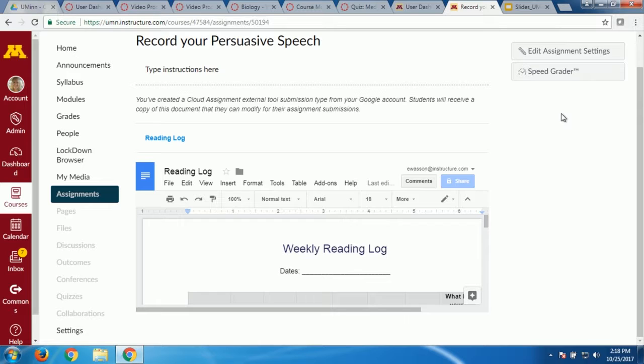Therefore, they can't just keep editing it after the assignment deadline, because with Google Docs, that's typically what you can do. You can edit as much as you want, right? Students figured out, well, I already submitted, but I can still keep typing on this document and keep updating it even though it's past the deadline. That stops them from doing that. They send a snapshot. They can always resubmit, but you'd have a record every time they edited it. So it gives a copy of a master worksheet, a master document, out to all your students at the same time, and they can all type on it. It's great for notes.